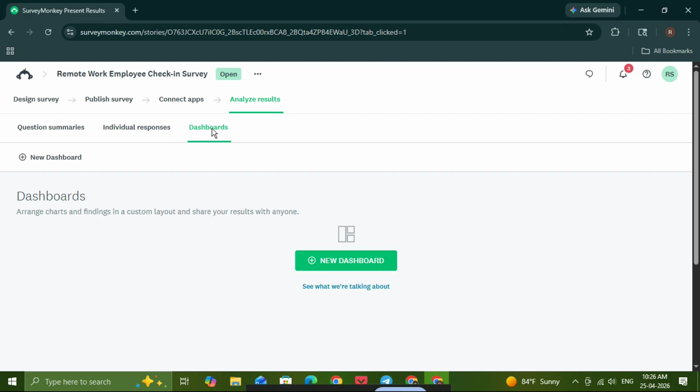As you explore, pay attention to answer totals, percentages, and any repeated feedback that stands out. That's where the most useful insights often appear. And remember, the goal isn't just to collect responses, it's to understand what those responses mean so you can make better decisions. So to recap, go to SurveyMonkey, open your survey, click Analyze Results, review question summaries, check individual responses,